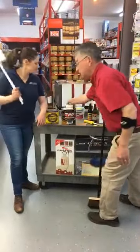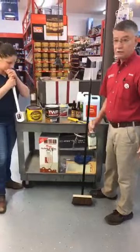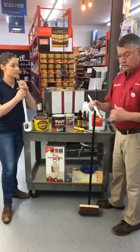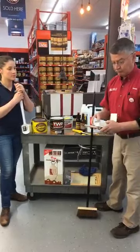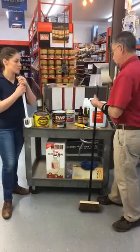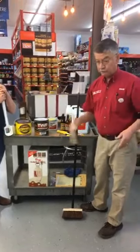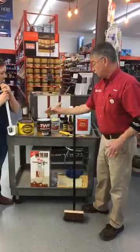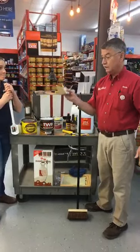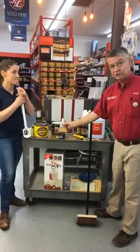But the key is no matter how you put it on, whether you put it on with a sprayer, you're going to have to come back with a good quality brush and back brush. You can't leave puddles of product on the deck and expect a good job. The other advantage, you go back and you back brush all the puddles out. If you're going to apply this product with a brush, use a good quality natural bristled brush for this oil-based,